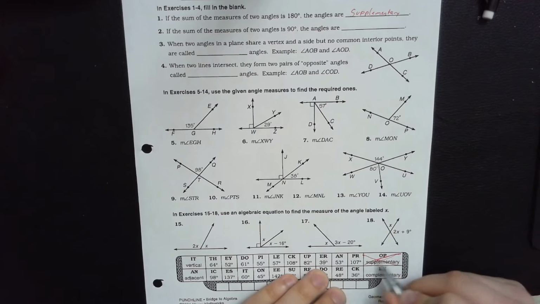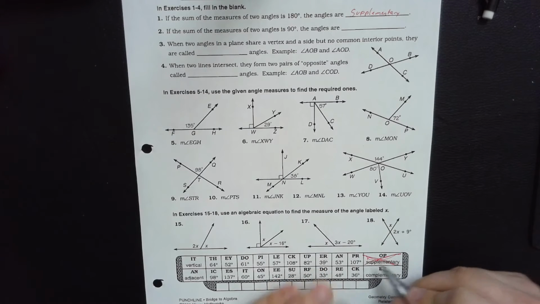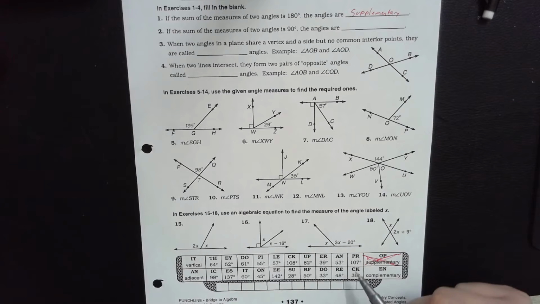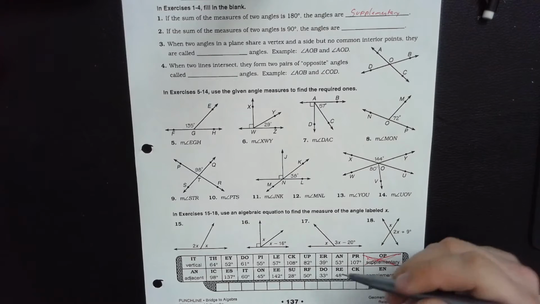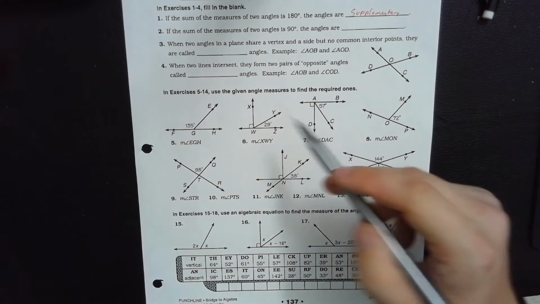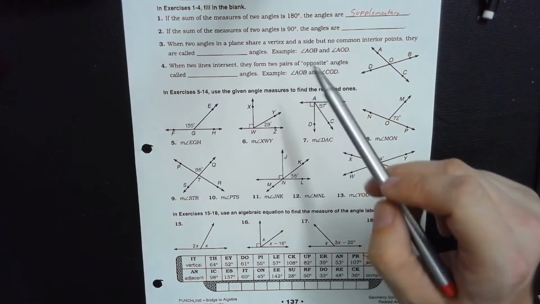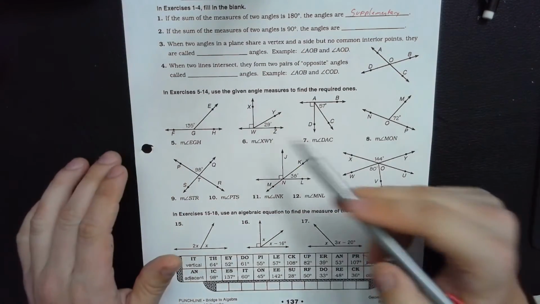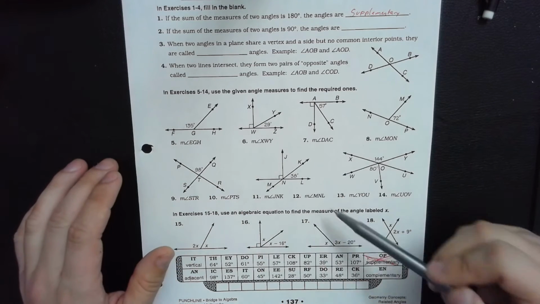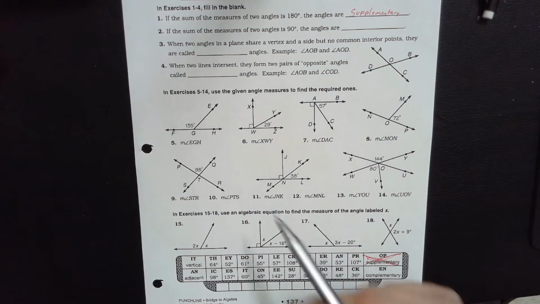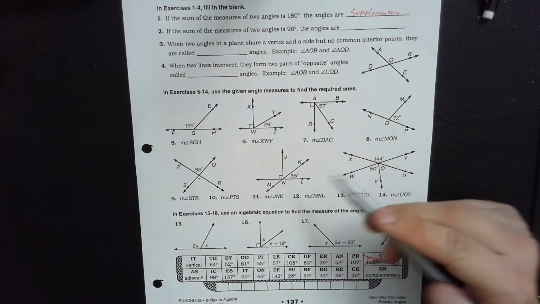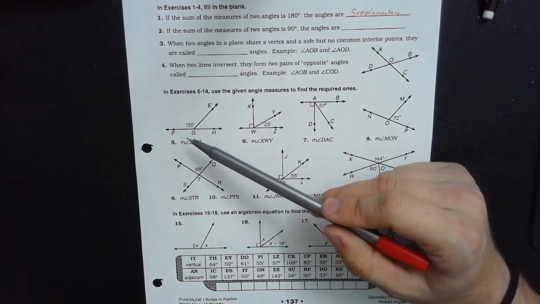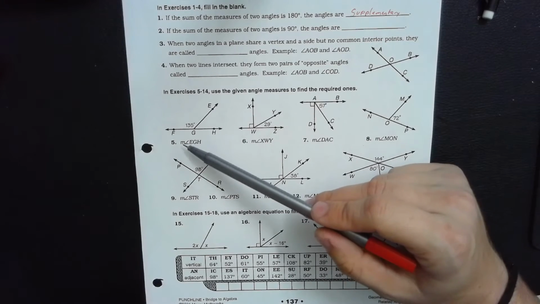And when I get done, OP is not going to be written down here. Only the letters that are not crossed out will go down there. But 1 through 4, you could just use the notes to work on those. And then for these ones down here, there were a few we did in class, and I'm going to talk about them right now. So one of them was number 5, and this one was asking for the measurement of